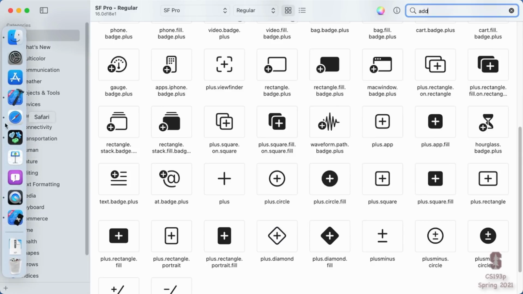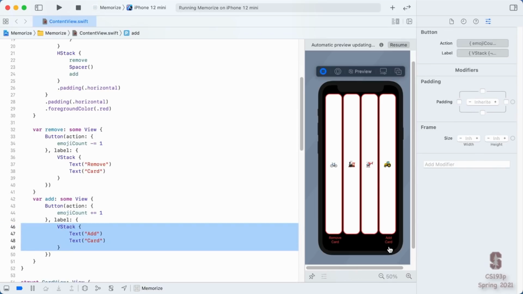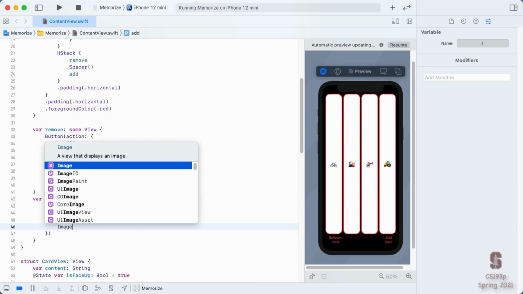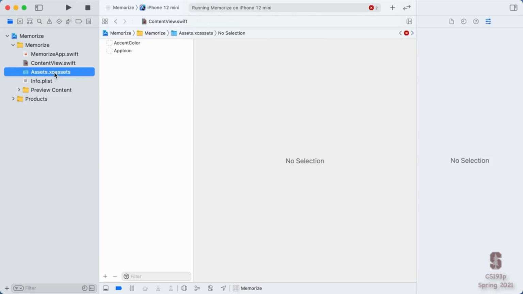So let's go back to our code and add that. Instead of this add card VStack right here, two things piled on top of each other, we want a different kind of Lego brick, which is called an image. And when we create the image, there's actually a lot of ways to create images. Remember back here in our navigator, we looked at assets.